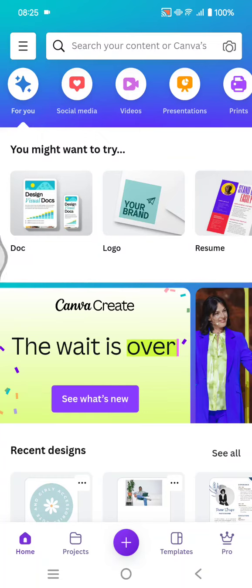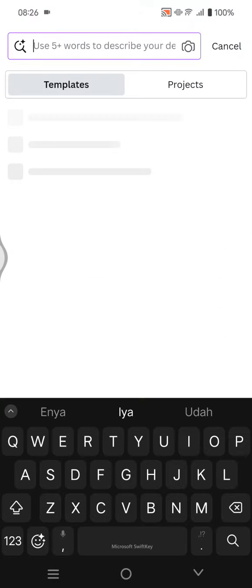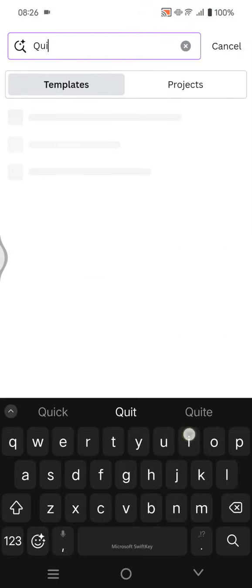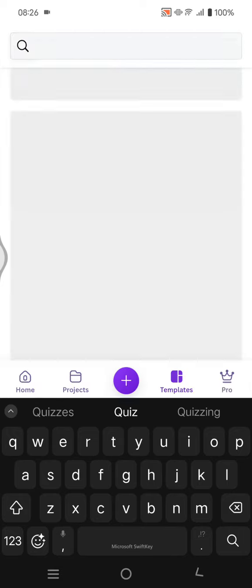On today's tutorial, I'm going to show you how you can easily create quiz content with Canva. So first, you can just open your Canva app on your computer or on mobile like this, and after that you can just find the templates on Canva with the keyword quiz. Click on enter,